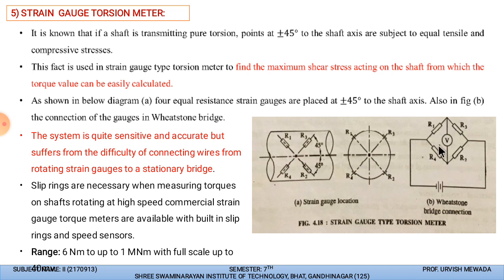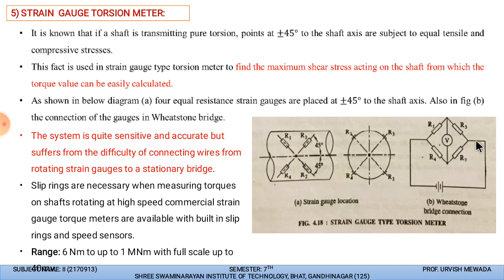In the Wheatstone bridge you can see the placement of the resistances R1, R2, R3 and R4. This is how the strain gauges are connected, and the DC supply is given to this setup, and the galvanometer is connected across